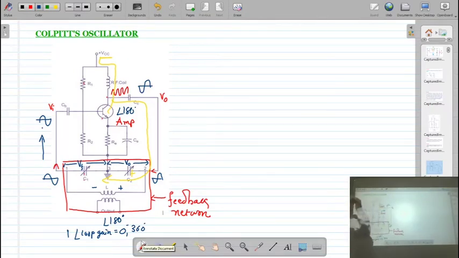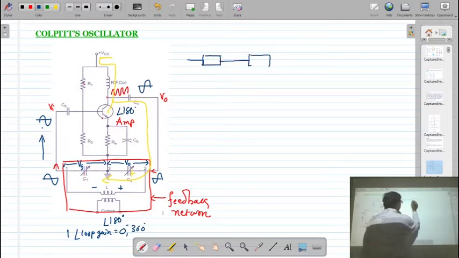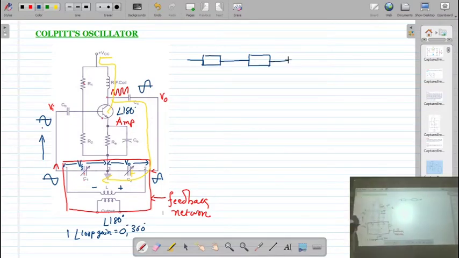And for that, we can draw an equivalent circuit. In a Hartley oscillator, I already explained how to draw the equivalent circuit. If you remember, in that case we are not representing a capacitor or an inductor in an equivalent circuit. We represent it only with an impedance. Later on we can say whether that impedance is inductive or capacitive. So this is an impedance Z1, another impedance Z2 is there, and here we have ground.